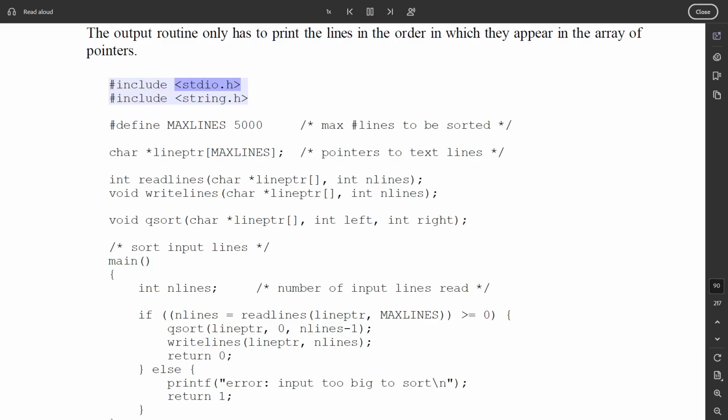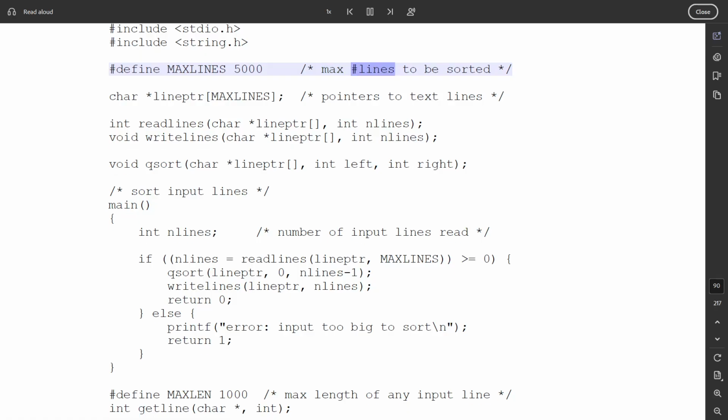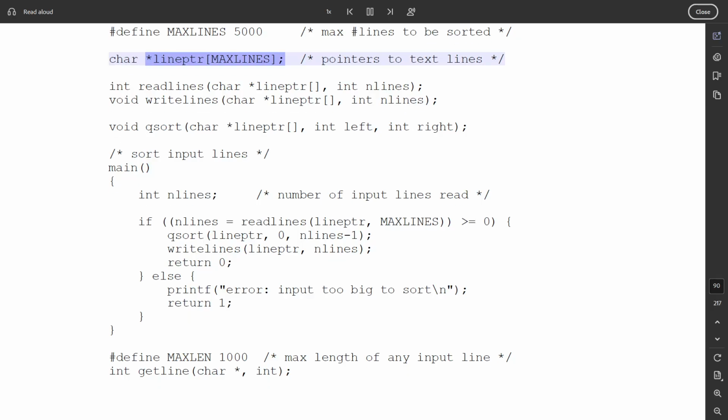#include <stdio.h> #include <string.h> #define MAXLINES 5000 /* max #lines to be sorted */ char *lineptr[MAXLINES]; /* pointers to text lines */ int readlines(char *lineptr[], int nlines); void writelines(char *lineptr[], int nlines); void qsort(char *lineptr[], int left, int right); /* sort input lines */ main() { int nlines; /* number of input lines read */ if ((nlines = readlines(lineptr, MAXLINES)) >= 0) { qsort(lineptr, 0, nlines-1); writelines(lineptr, nlines); return 0; } else { printf("error: input too big to sort\n"); return 1; } } #define MAXLEN 1000 /* max length of any input line */